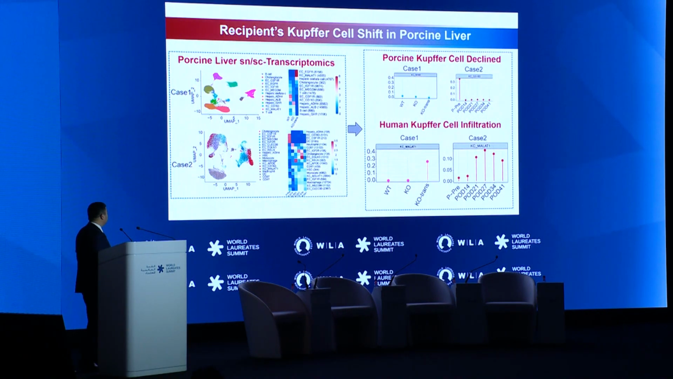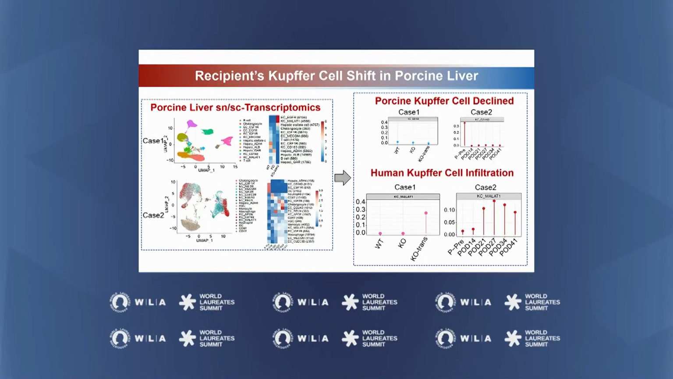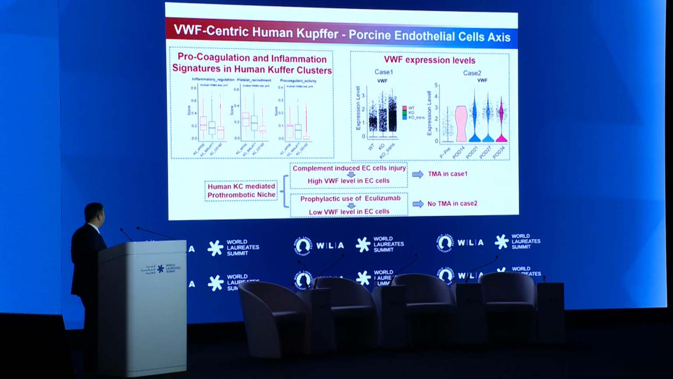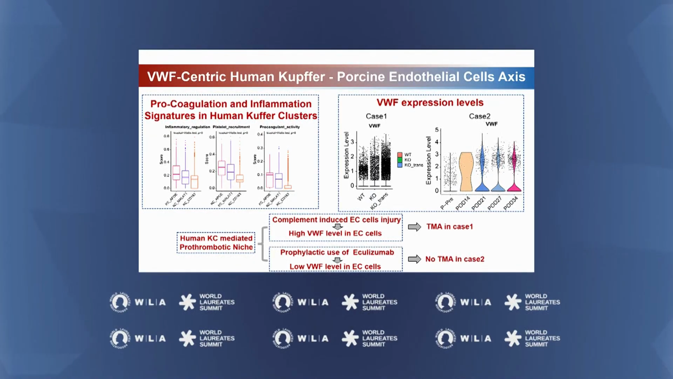From this analysis, we can see that in the porcine liver, recipient Kupffer cells and macrophages infiltrated into the graft liver, and the macrophages of the porcine liver gradually disappeared in both cases. And this infiltrated human macrophage creates a